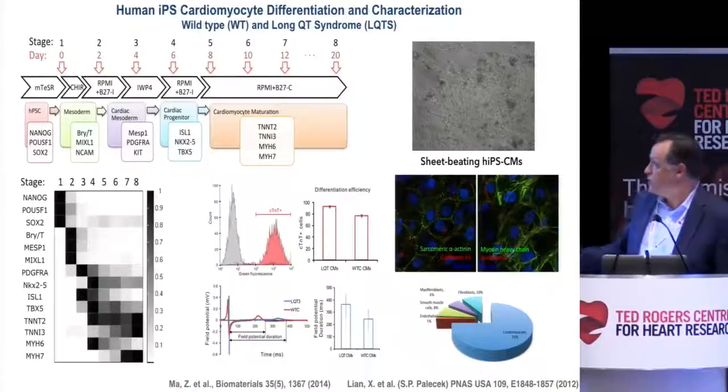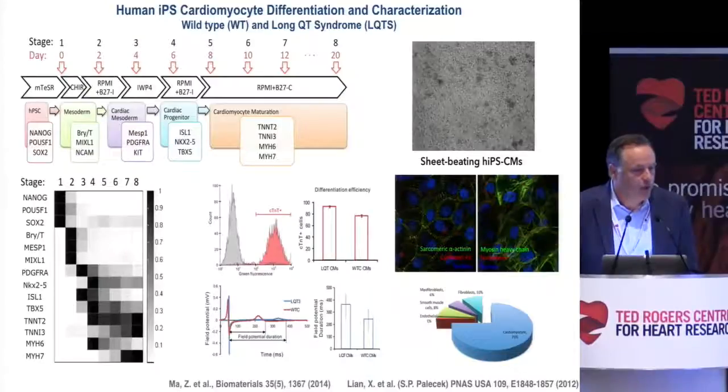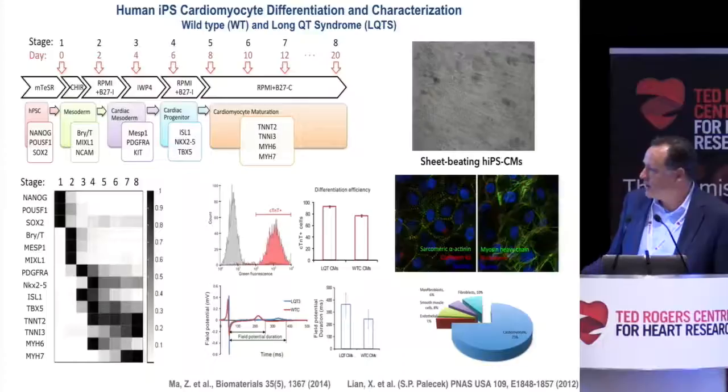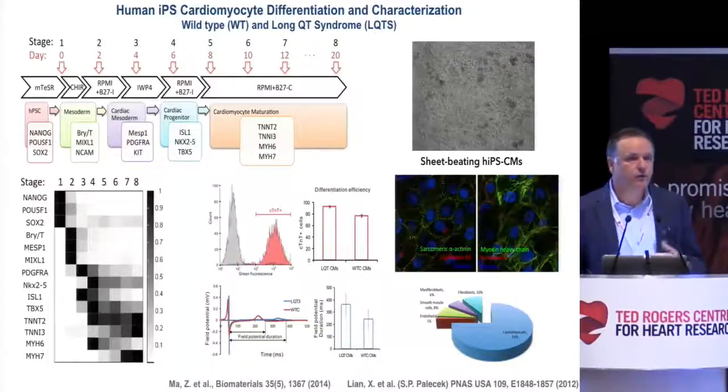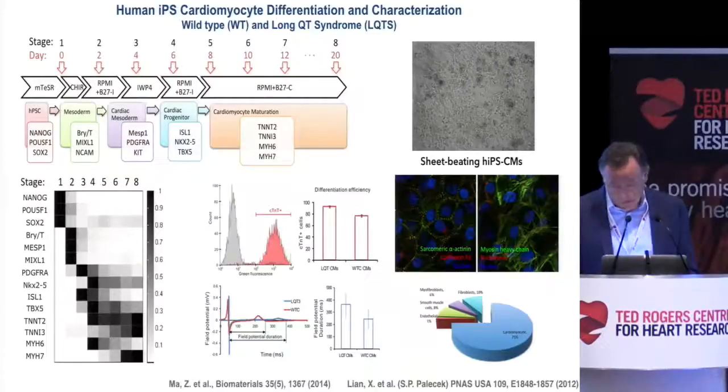This is the obligatory sheet beating that you have to show if you do this kind of work. What I want to point out, though, by this slide is not really the methodology. We can go into that in detail later. It's the gene expression that takes from pluripotent capacity to at least an immature cardiomyocyte. It's this non-cardiomyocyte population. About 75% of our cells are cardiomyocytes, about 25% are not. We've done different ways of looking at this based on Wolfram Zimmermann's work, showing that you need this non-myocyte population to get good tissue constructs.